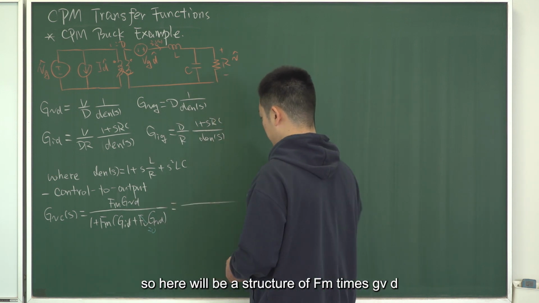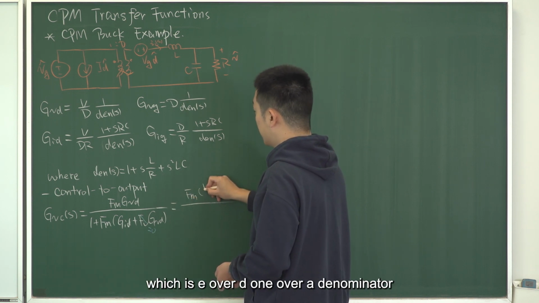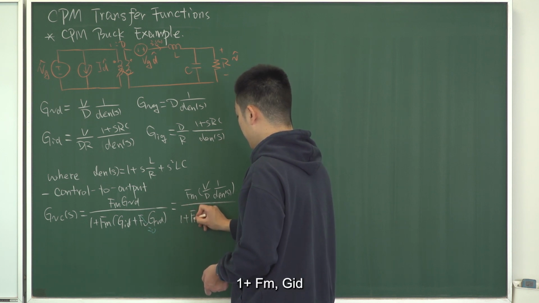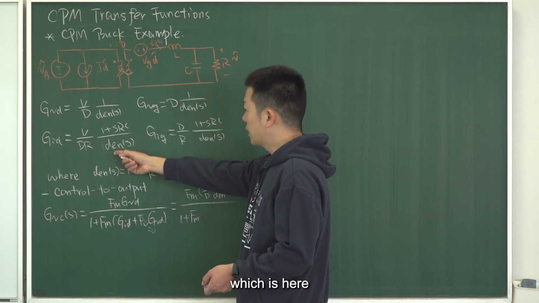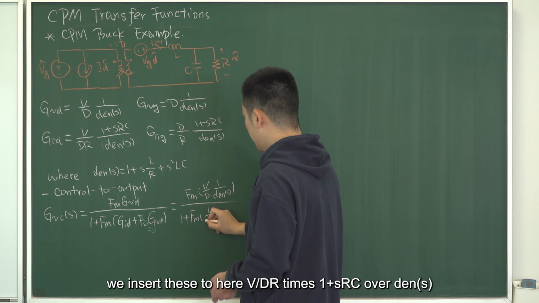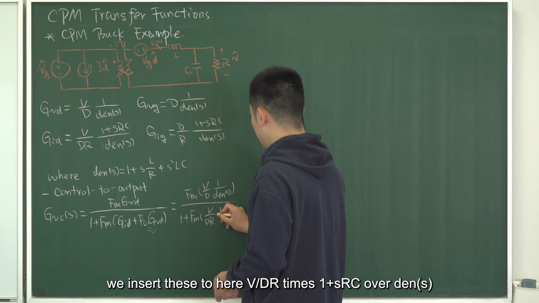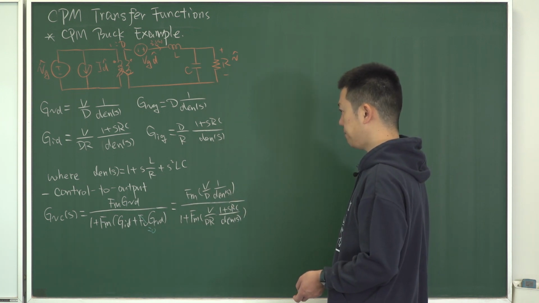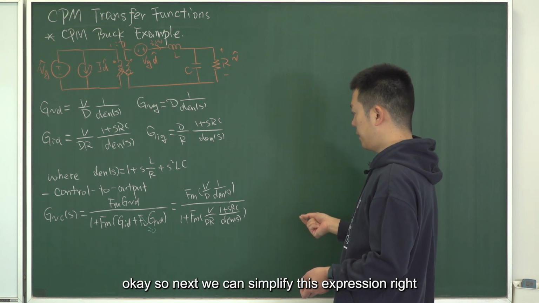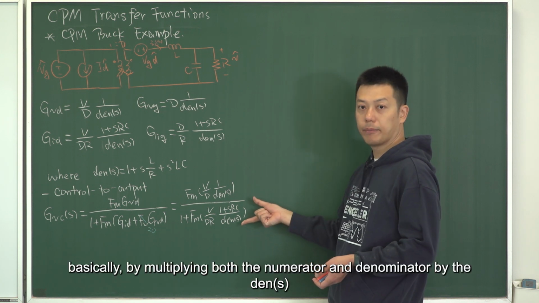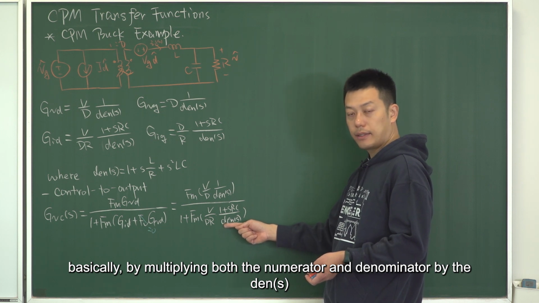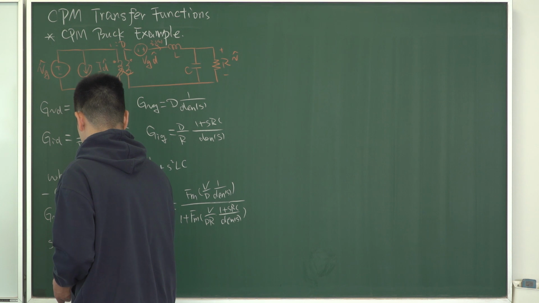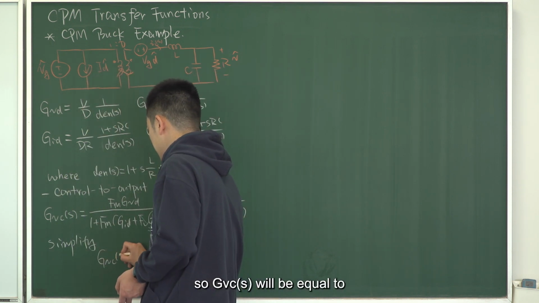So here will be a fraction of Fm times GVD, which is V over D, 1 over denominator, over 1 plus Fm times GID, which is here, right? We insert this to here, V over DR times 1 plus SRC over denominator square. Okay, so next we can simplify this expression, right? Basically by multiplying both numerator and denominator by denominator S, right? Simplify. So GVC(S) will be equal to